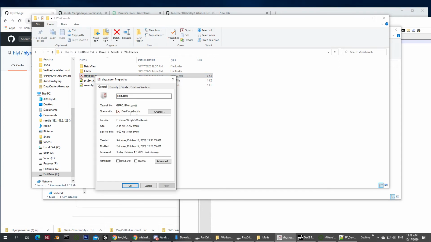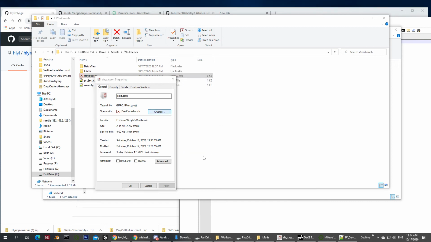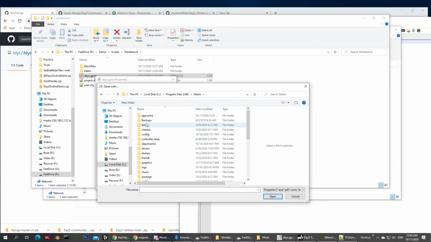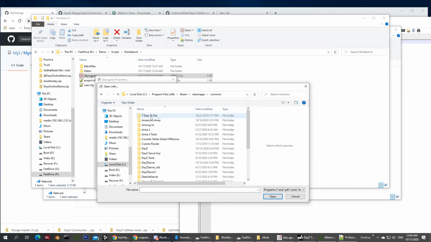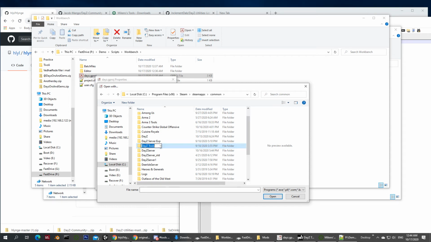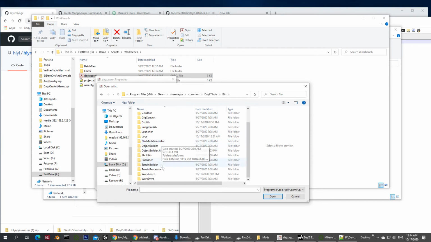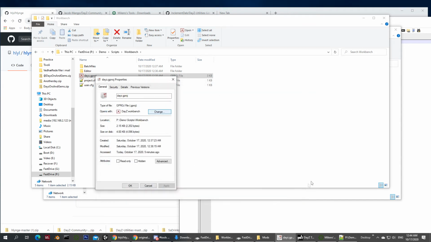I do that by going to properties, change the file to default open this, scroll down, look for other apps, go to C, program files 86, going to Steam, going to Steam apps, going to common, going to days tools, in days tools finding bin, and in binary finding workbench, and then choose the workbench app.exe to open the files.